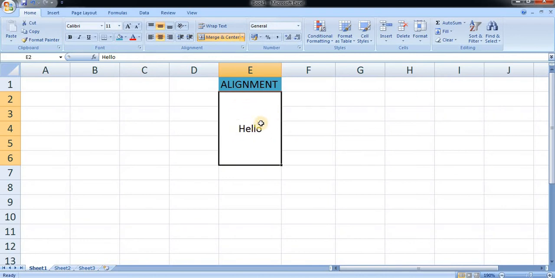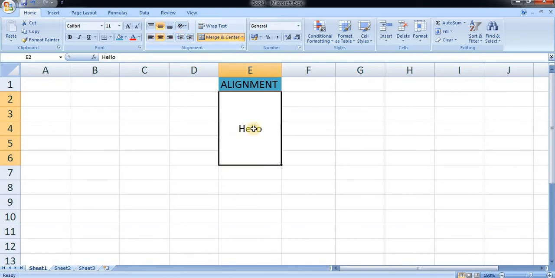Now if you want to have spacing as in a paragraph, here you can increase the space. You can see the space will increase by clicking, and by clicking on this you will decrease the space.